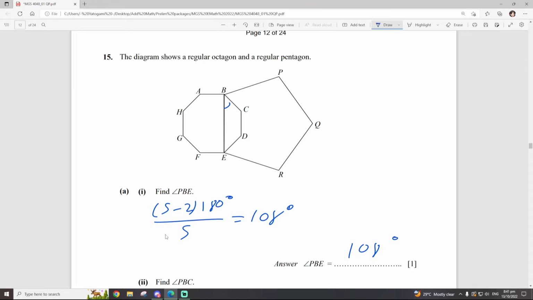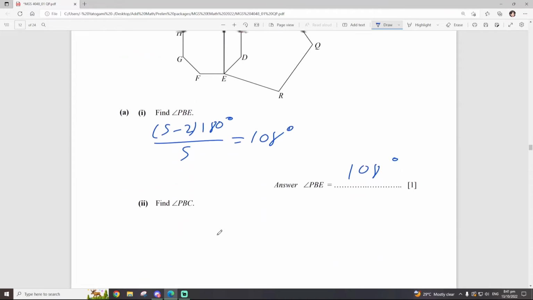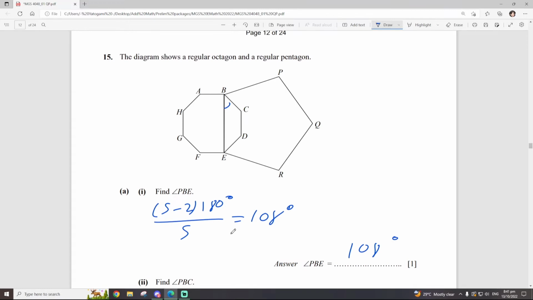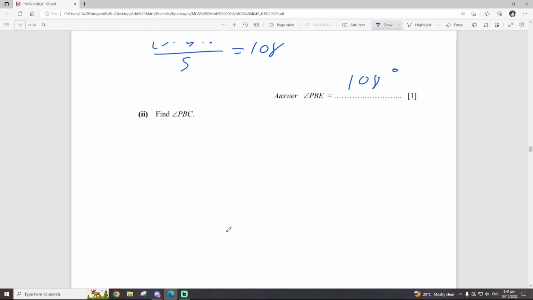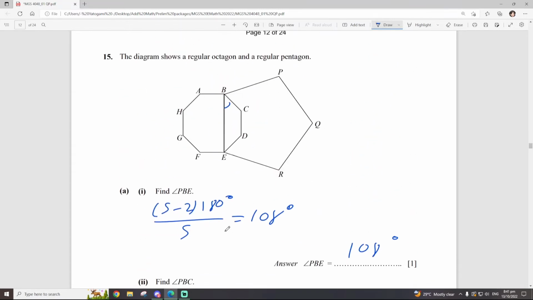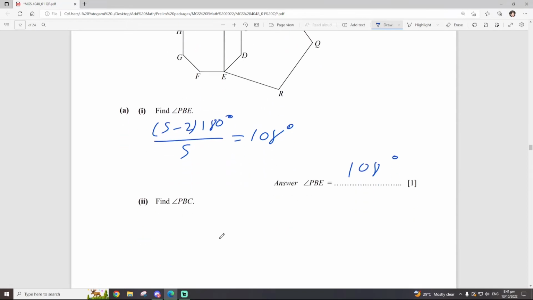And it turns out that ABE is a right angle. Okay. Do we need to prove that? If not, then we'll just say that ABE is the right angle. So angle ABC